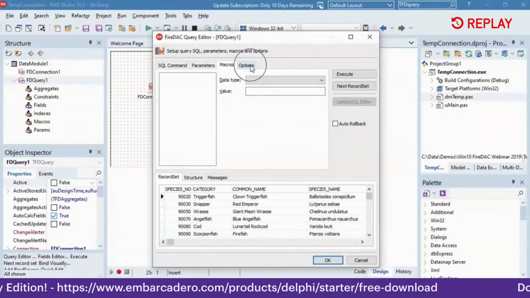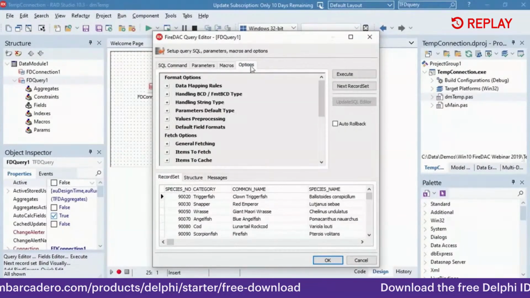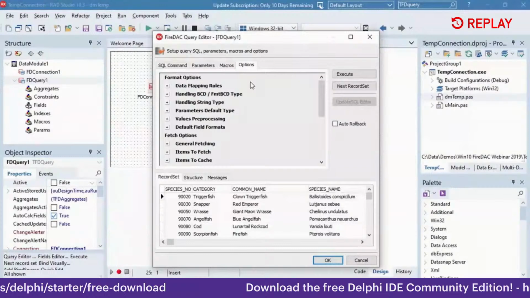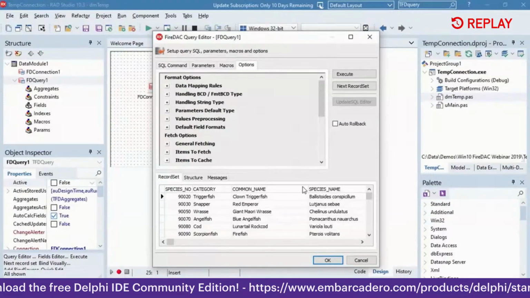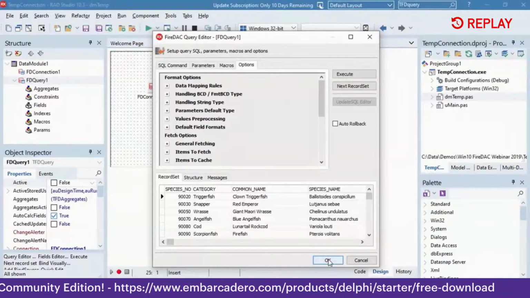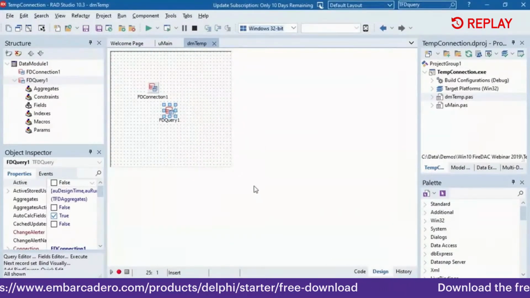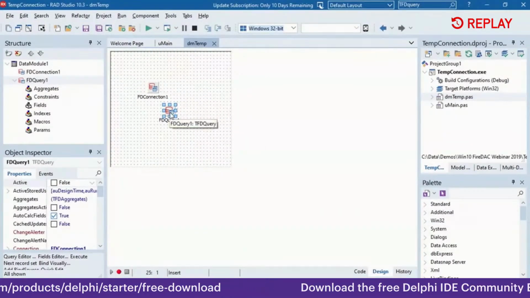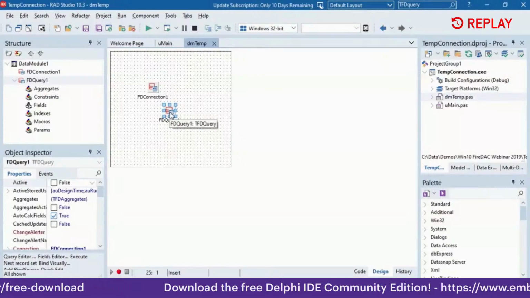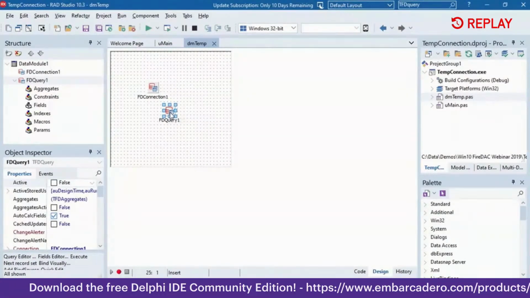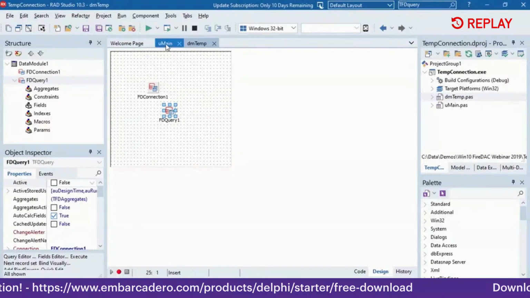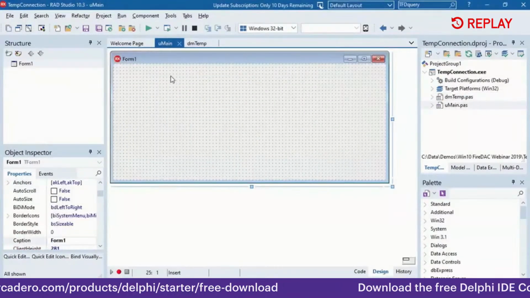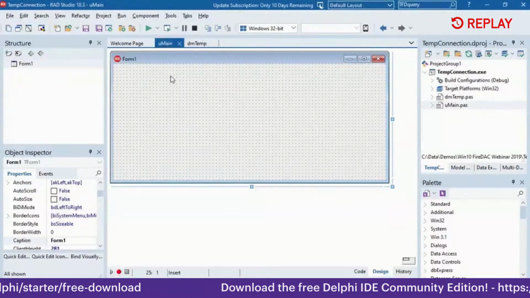Now again, the options are general options, so these work with all or most databases. Hitting OK, I have now saved the SQL inside of the component. So whenever I compile and run this application, the SQL is already there. So if I go to my main form here, and of course I did say we're going to do a